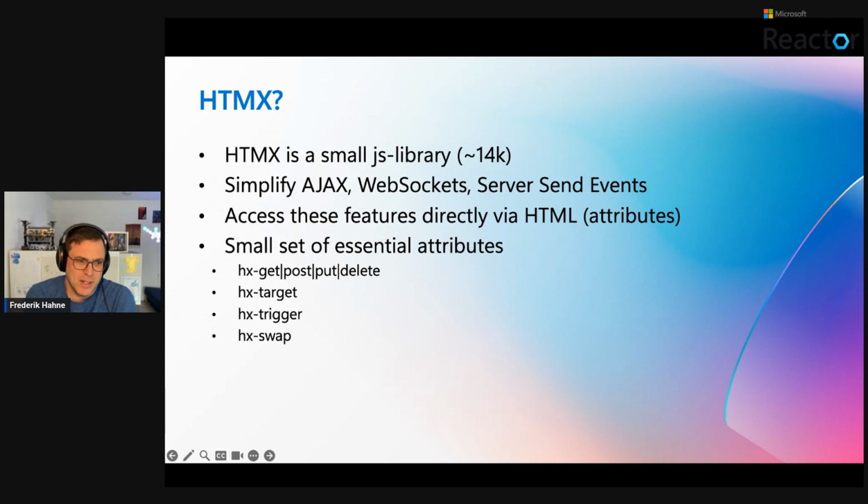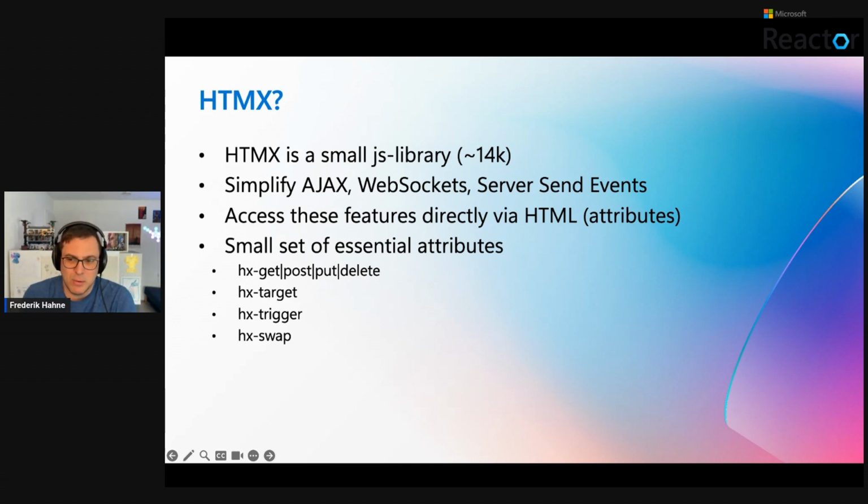In the core of HTMX, you have maybe 4 to 5 essential attributes. This is AJAX get, post, put, and delete. So with that, you define where to get the updated data from, or where to put or post the data to. With AJAX target, you define what element to exchange on the page. AJAX trigger defines when to start a request. So is it a click, or you can even define something like an element appears on screen, this triggers a request and exchanges some element.